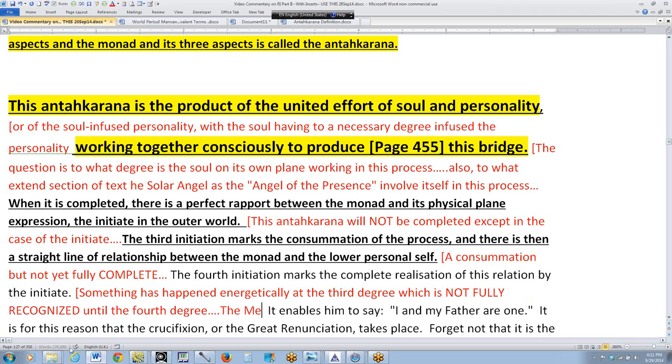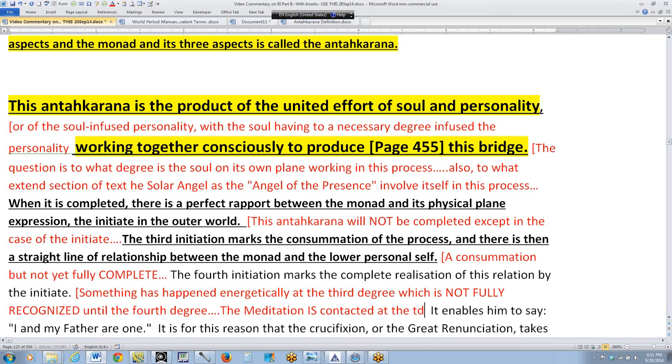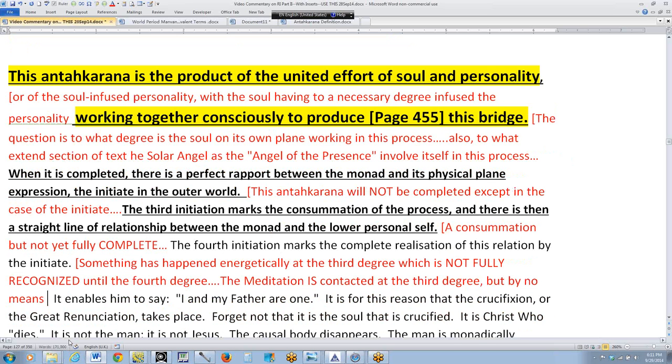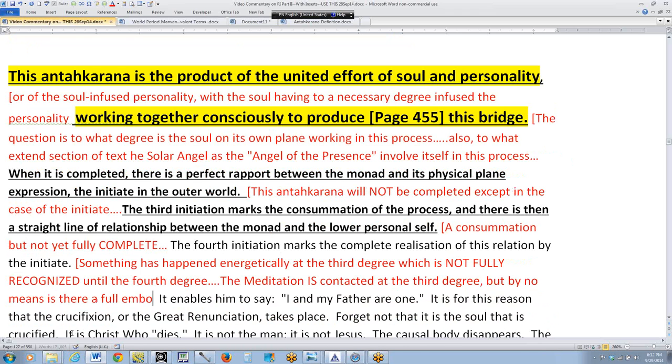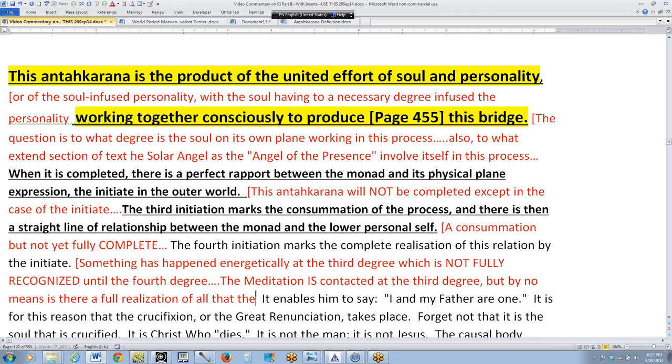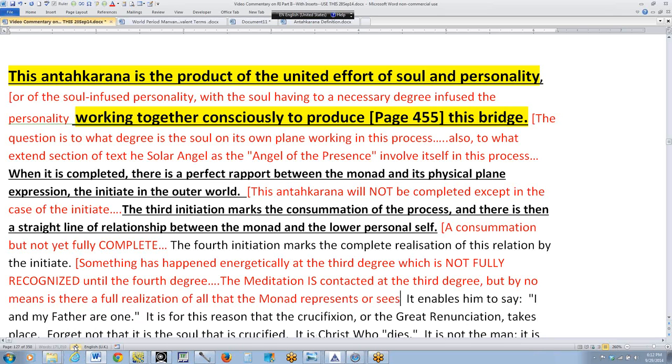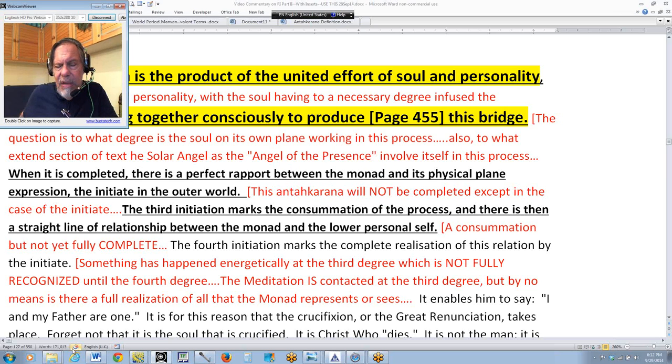So somehow, you know, the monad is contacted at the third degree, but by no means is there a full realization of all that the monad represents or sees, etc. And that continues to grow, I would suppose, until the sixth initiation. But the third degree is really important for the realization of this monadic energy, or let's just say for an initial realization of the monadic energy, which is the energy of being, and for the infusion of this energy into the consciousness. It's an energic thing, but then it keeps growing through the fourth initiation, and I would say even through the fifth initiation, in which I think